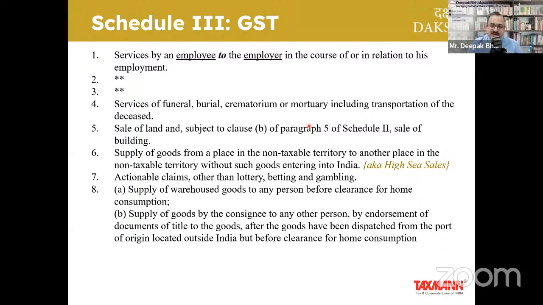But that does not mean that when those goods arrive in India for home consumption, GST will not be charged. For A, it can be an outward supply which is a no supply, but when the goods arrive in India, pass the customs barrier and arrive ultimately at my warehouse or shop or whatever it may be, I need to pay GST under the Customs Act. So then it will become taxable.